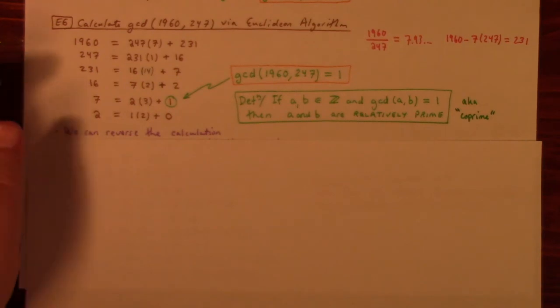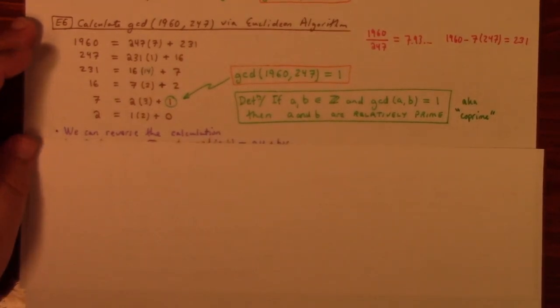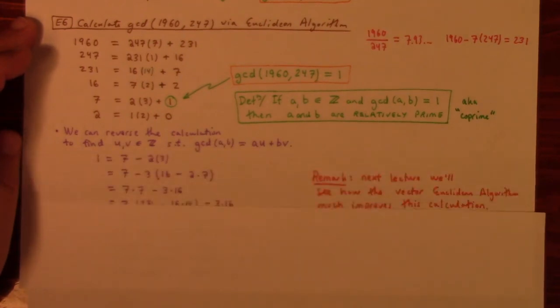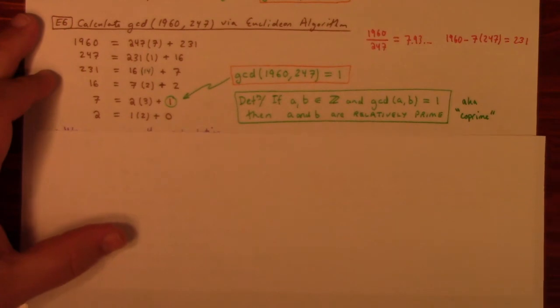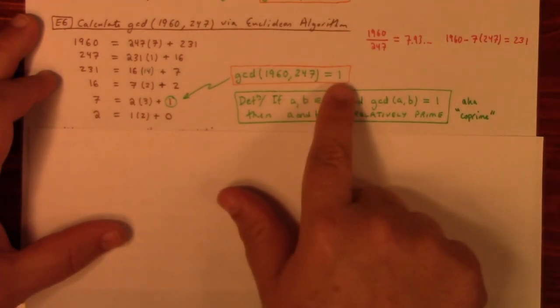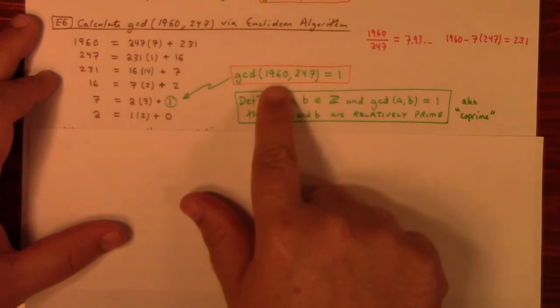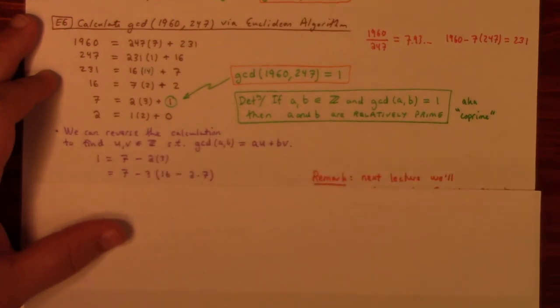And there's another thing that's interesting. Next lecture we're going to look at something called Bézout's theorem. And Bézout's theorem says that anytime you calculate the greatest common divisor, you can build the greatest common divisor from an integer linear combination of the numbers A and B. So let's see how that works. So you can reverse the calculation,